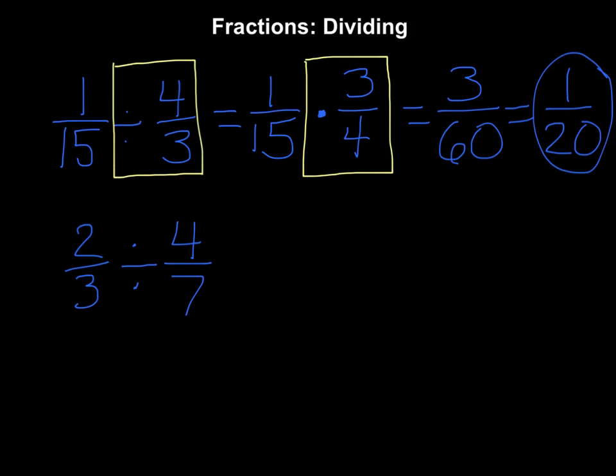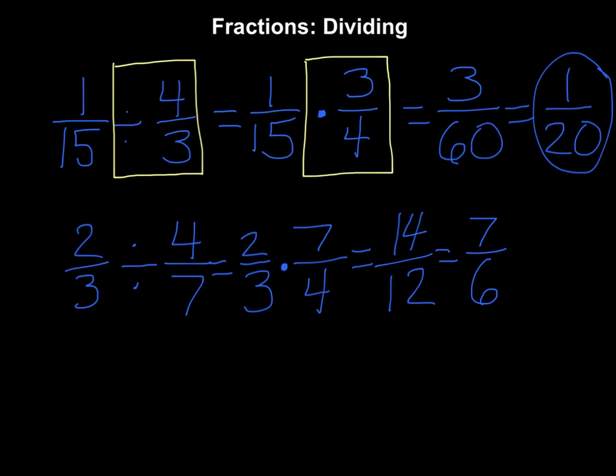So just like before, my first fraction is going to stay the same. So 2/3 is still 2/3. But then divided by 4/7 will be changed to times the reciprocal of 4/7, so 7/4. And now we're ready to multiply. So 2 times 7 is 14 over 3 times 4 is 12. Now I need to see if I can simplify, and I can. 2 goes into both of these, so then this becomes